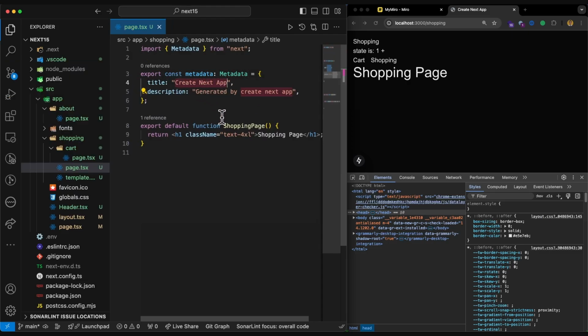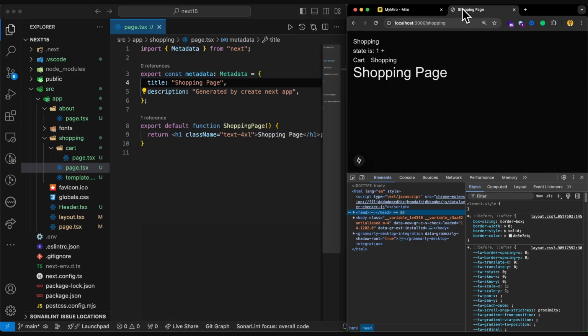I want to change the title of the page, which is a title tag in the head. So I export this metadata constant, and inside it I set the title property to something that I desire. For instance, I put shopping page, and as soon as I refresh the page, you can see now